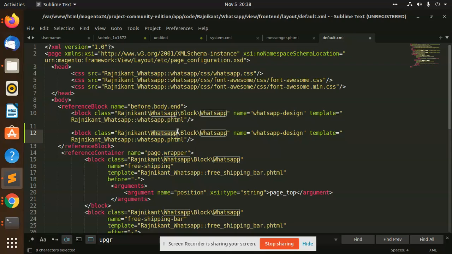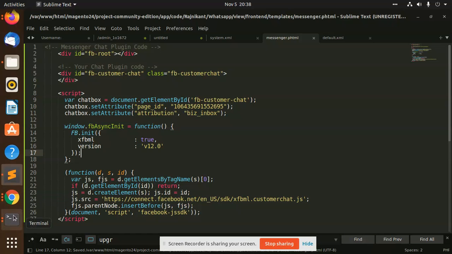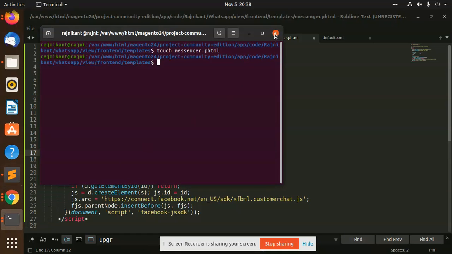I'm going to add the WhatsApp block. Let it be WhatsApp design FB. The template should be messenger.html, not WhatsApp.html. Okay, so whatever we have in the messenger, it will recall this. In messenger.html we have already added the script and all. So let's run the compile commands and check.